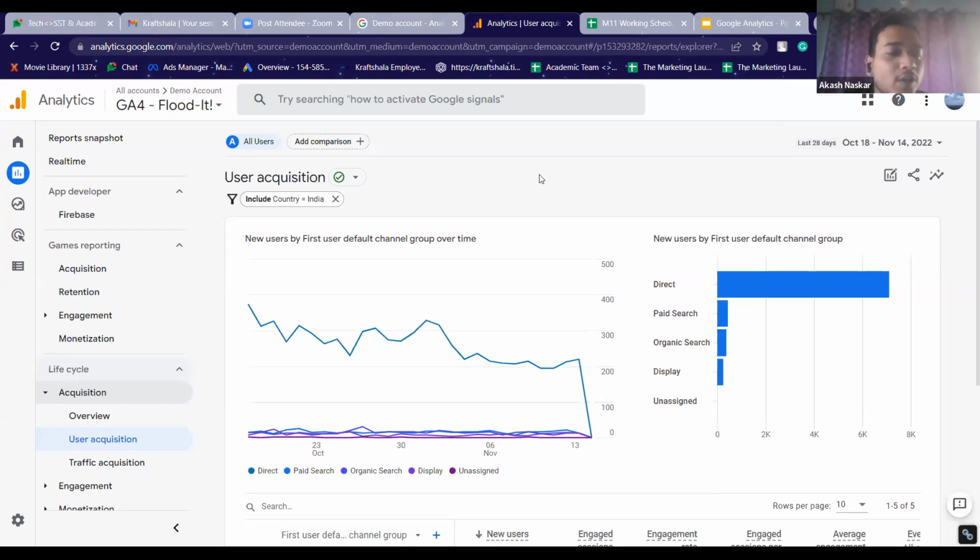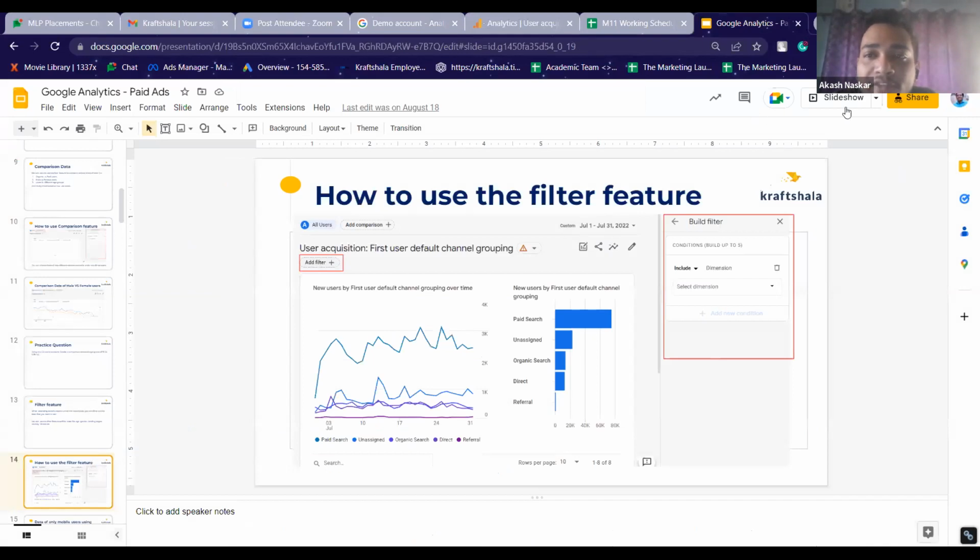You can use it in different use cases. For example, if you only want to see the data of female users, you can put the same data in as a filter, or you can put the same thing as a comparison also. So it is totally up to you how you want to use it. These are two basic functionalities that you know. Now it is up to you how you want to use both of these functionalities to get the data that you want. Okay. So any questions on the filter bit?